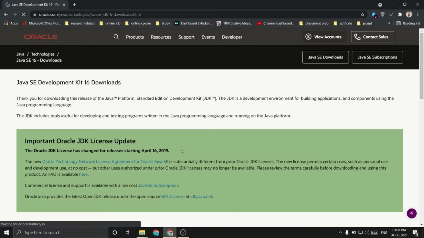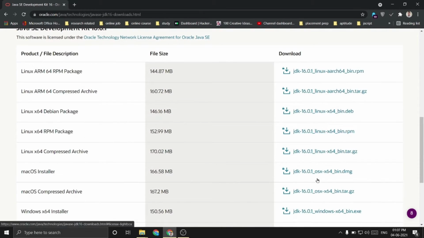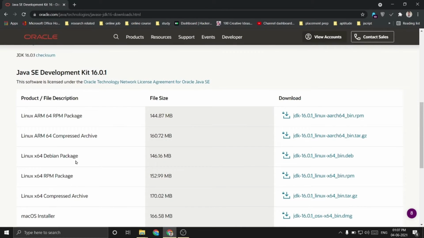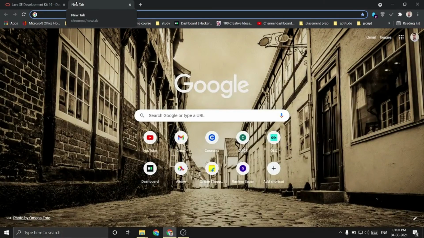After downloading this, you can select from here. If you are running Linux, then you should select the Linux version, or if Mac, then Mac. Otherwise, if you are a Windows user like me, you can use this one. So the next part is which IDE should we